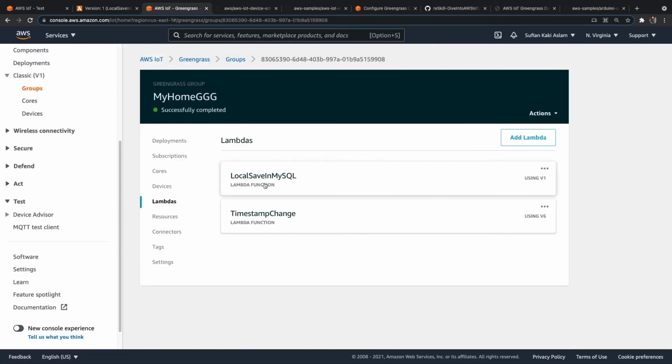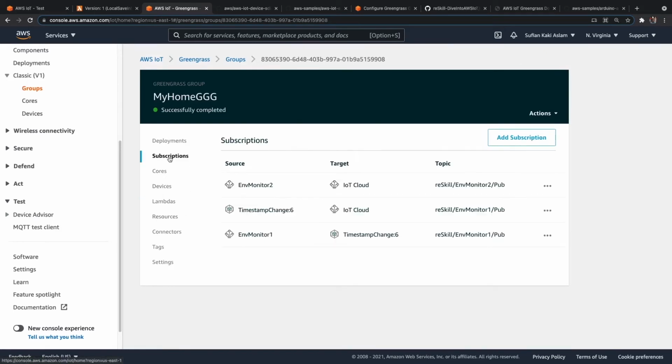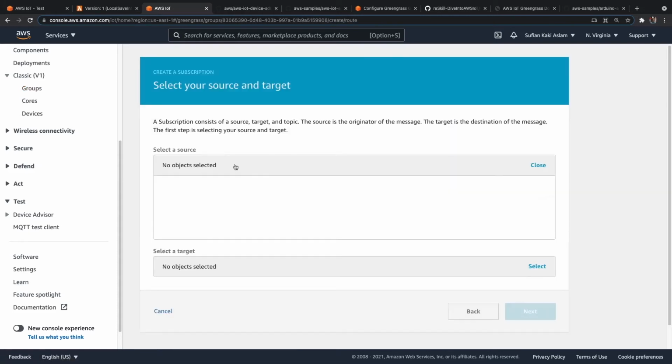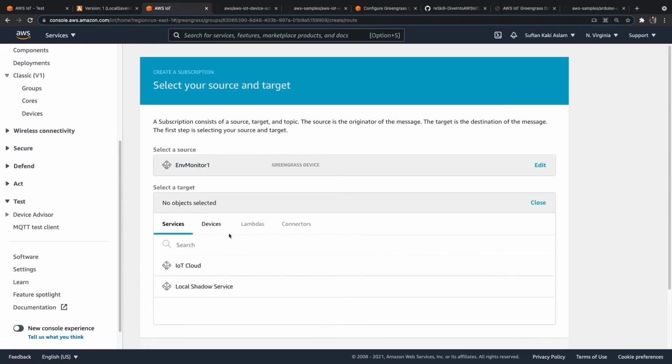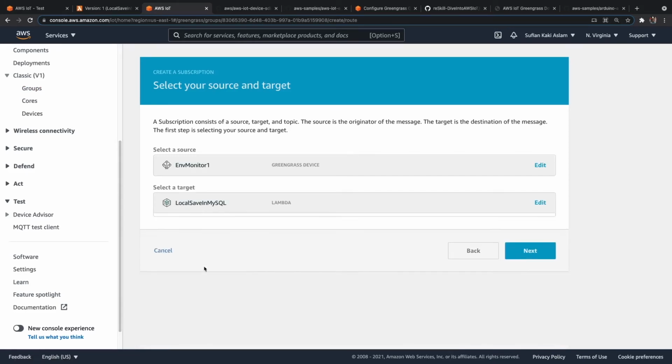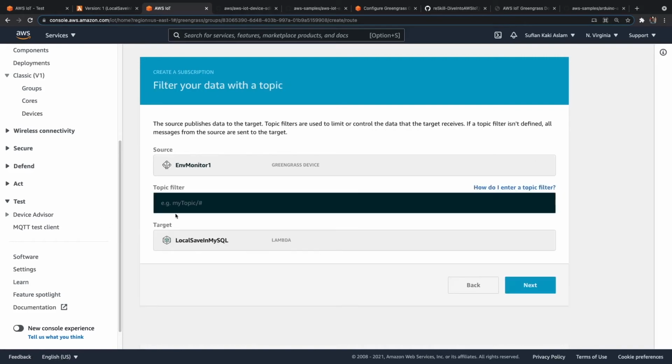Okay, so it has saved here. Now we can go ahead and have a subscription. Let's say all the messages from the device env monitor 1 go to this local save Lambda, and it usually publishes in this topic, 3skill/env monitor 1/pub.